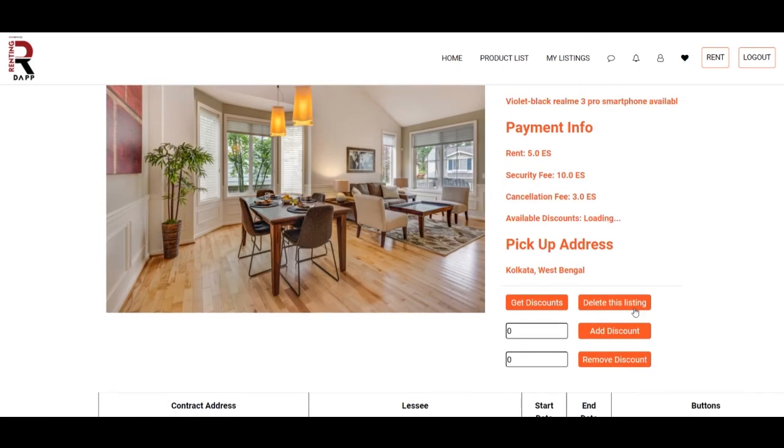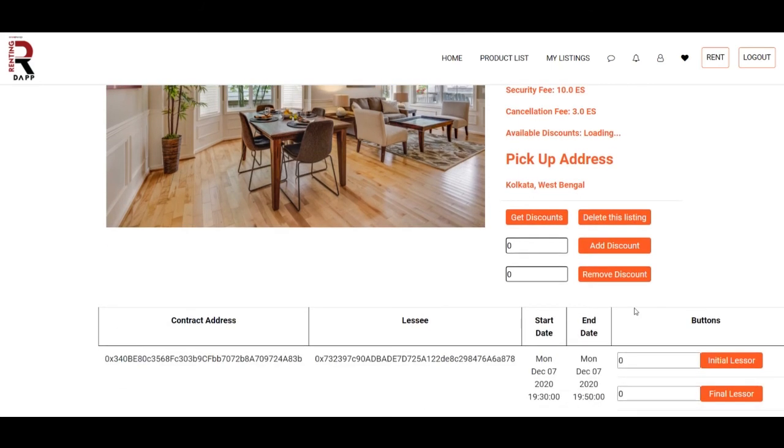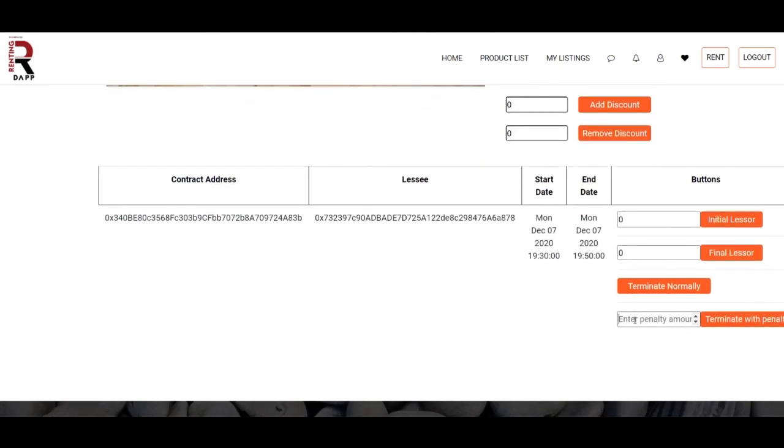You can see here the security amount is 10. So you need to enter an amount which is less than or equal to the security fee. So suppose in this case I enter 6 and I terminate the contract with penalty.